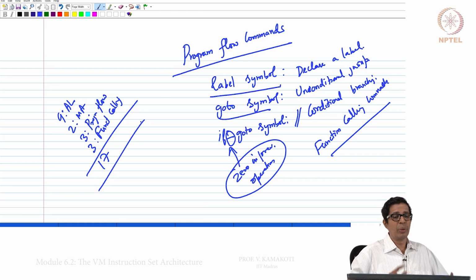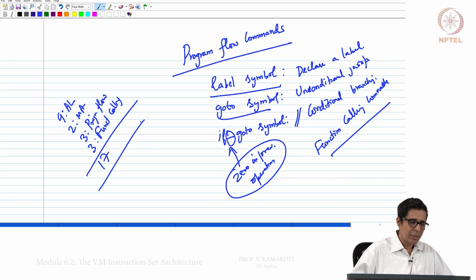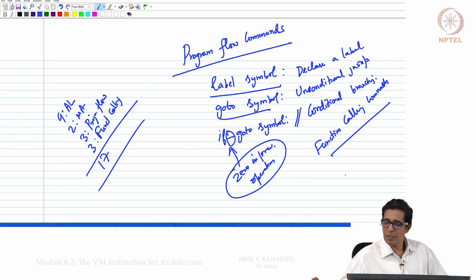And if I know how to convert each of these 17 instructions into the Hack mnemonic, then we have understood the translation from the virtual machine to the mnemonic part. That is the very interesting, easy thing. So now what are the function calling instructions? There are 3 types.